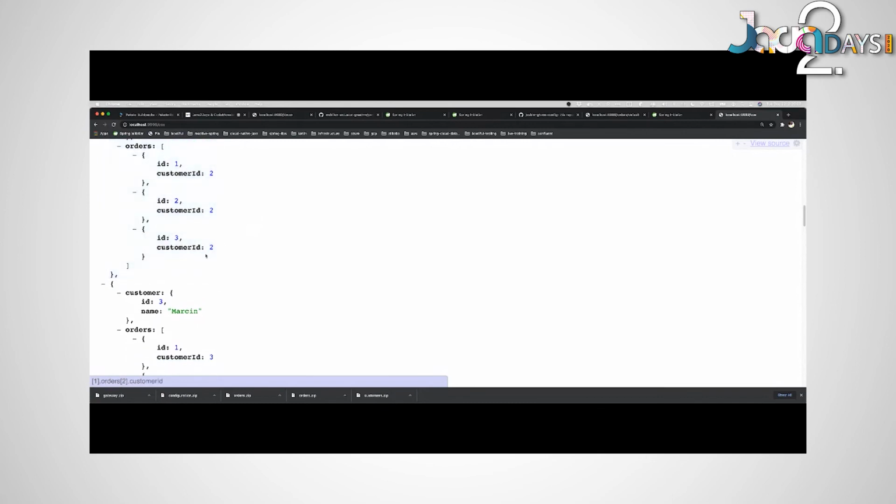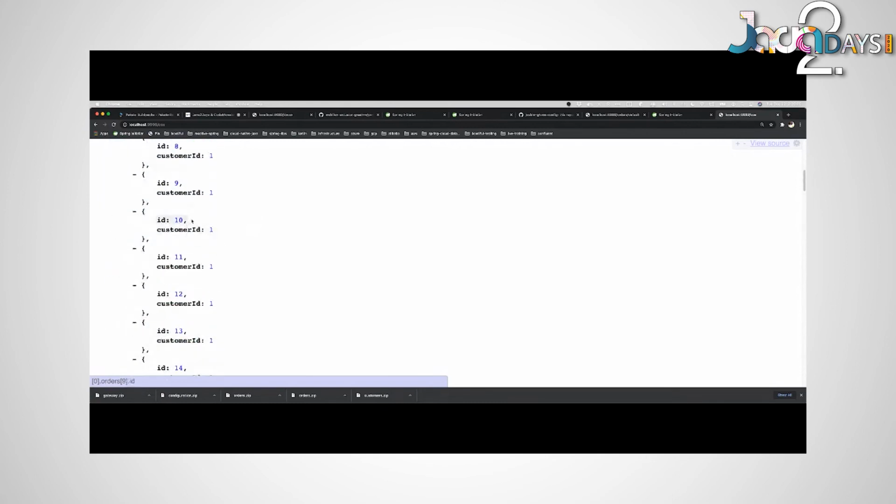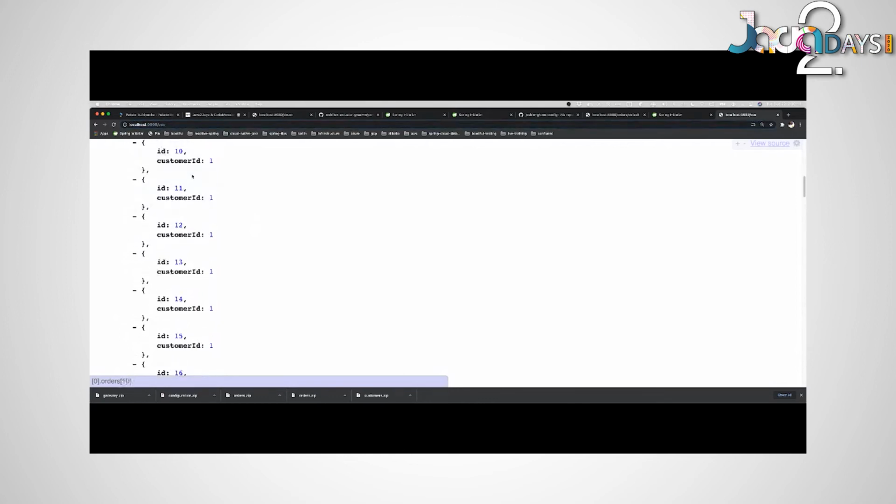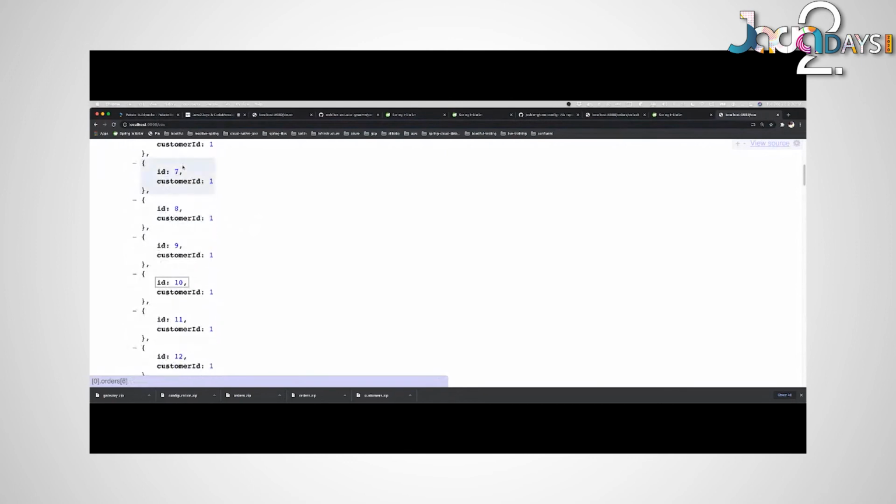Now, I've got a view of the data here. But what about a write, right? In a microservice environment, I'm going to want to write. I'm going to want to update data. But of course, what am I supposed to update? I've got two services here. So when I send an update to the proxy, to the gateway, what should happen?